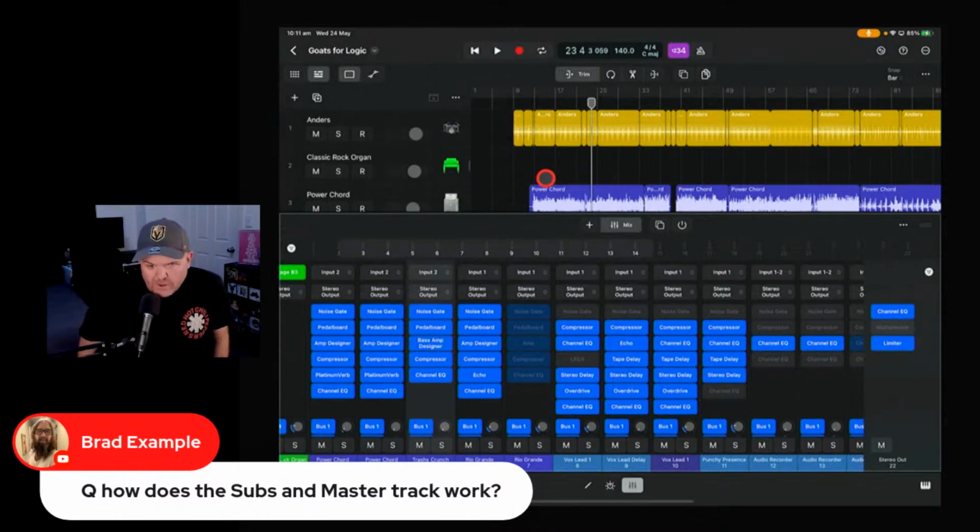I've got to explore it more because I haven't used a DAW with sends and with buses for a long time, but that's the basis of it, is that you can group all your tracks together, you can send them all to a bus, and then you can decide how much.